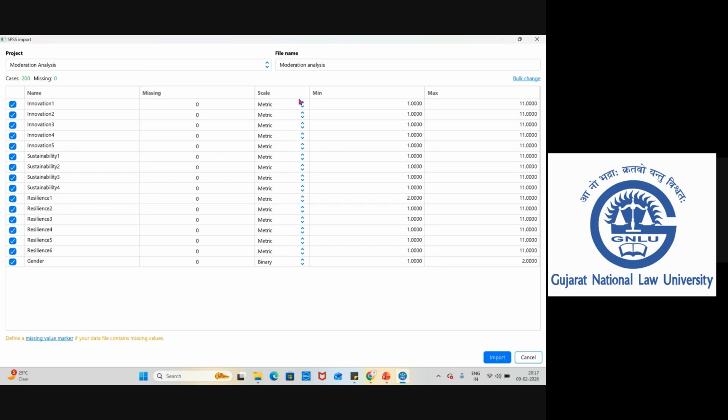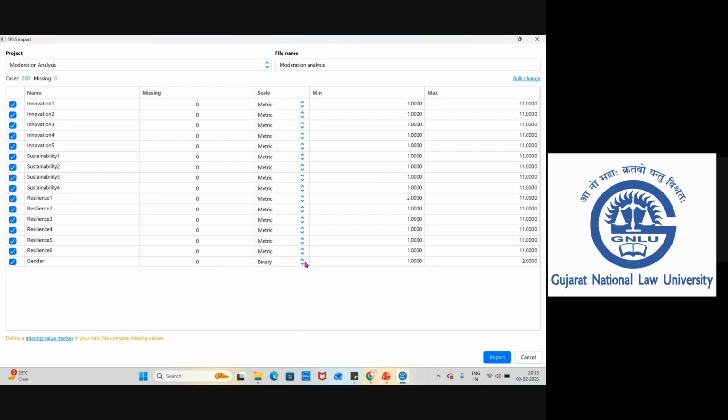Okay. Now, by default, all the variables and all the indicators are considered as metric. It is up to you whether you want to keep it as ordinal data or metric data. Okay, both are the same. I mean, there is no problem with reference to Likert scale. Now, if you look at gender, by default it is identified as binary, but it is always better to check how it is identified.